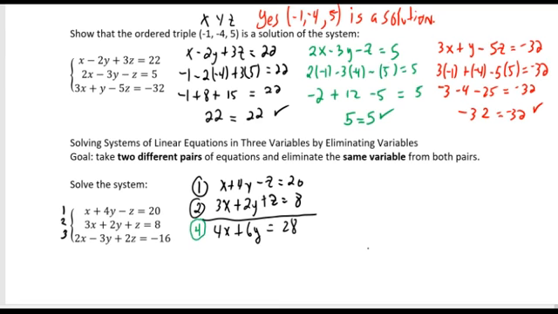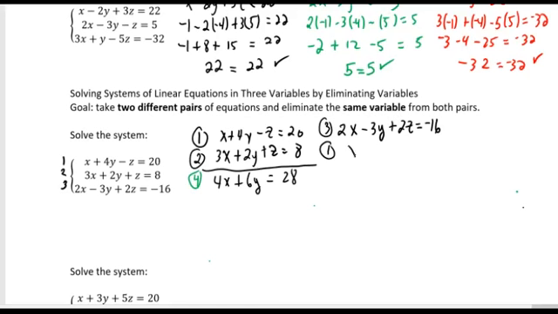Then what we want to do is use the equation that we haven't used. In my case, I did not use number 3, which is 2x minus 3y plus 2z is equal to -16. And then we can use any of the other two equations to help us get rid of the same variable. Since my coefficient in front of z is a +2, I'm going to use equation number 1 to help me